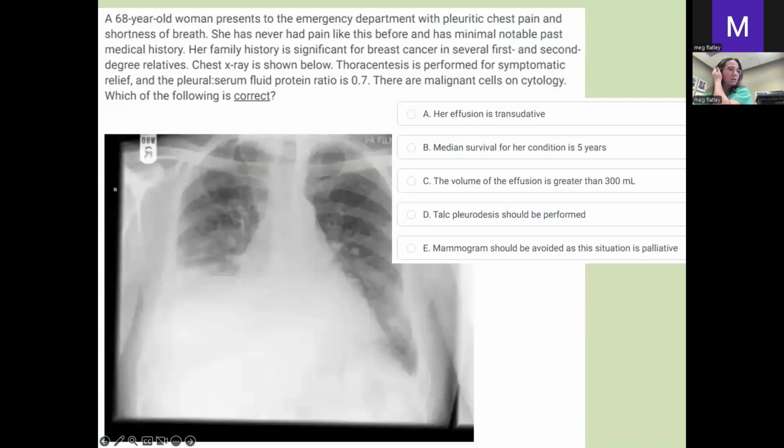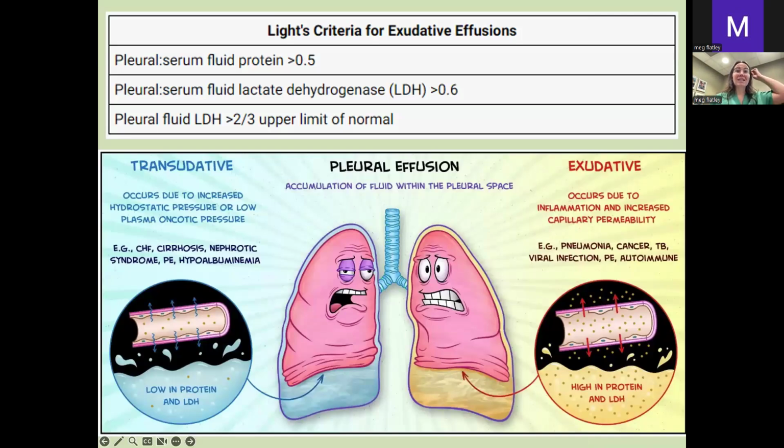This is a question about Light's criteria. She has a thoracentesis for this effusion, and her pleural to serum protein ratio is 0.7. There are malignant cells on cytology. Is this transudative or exudative? Good, exudative. So anytime there are cells, it is exudative. I think that is the most straightforward, easiest way to think about this. The exudative effusion is coming from something that's disrupting that capillary membrane and letting cells out of the bloodstream into